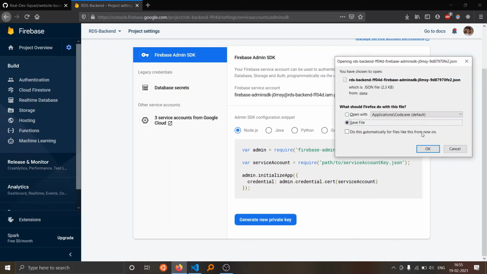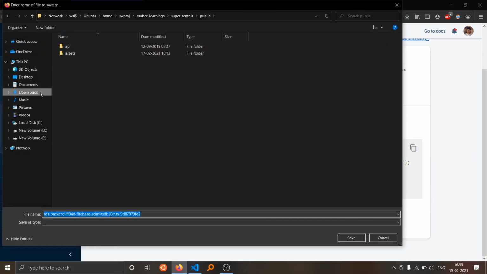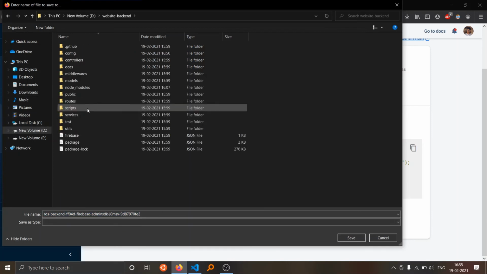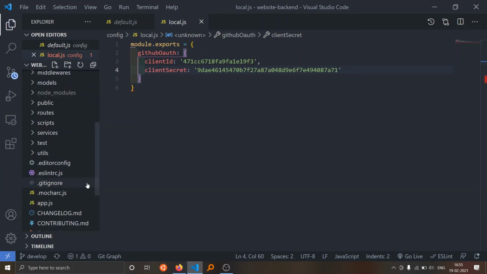Or you could just have it in the project. I'll have it as key.json for now, we'll rename it later. Okay, I'll see if it has been reflected here.